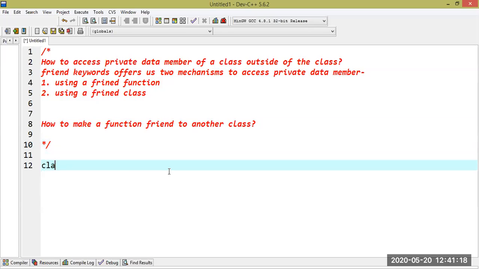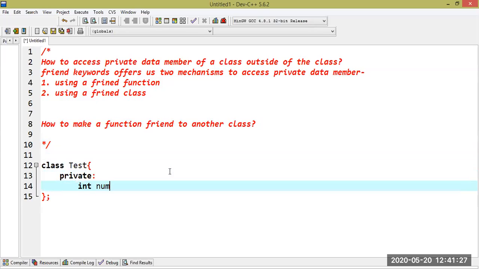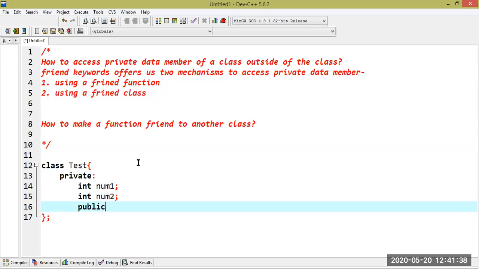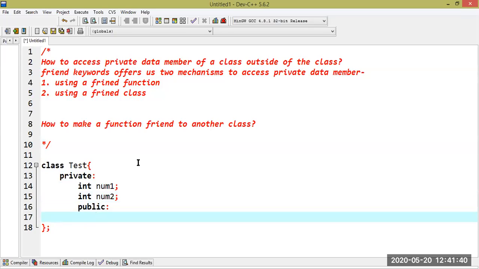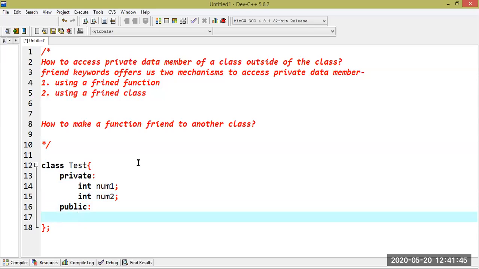So at the very first, let's declare a class here. Let's write some private data members. We have two data members here, num1 and num2, private to the class Test. Now suppose there is a member function of this class which we use to set the values or initialize the data members of the class Test.